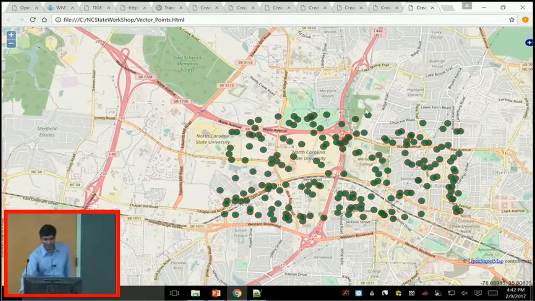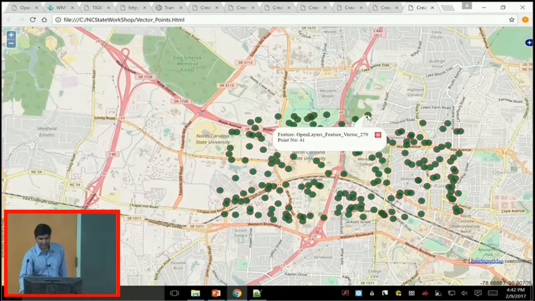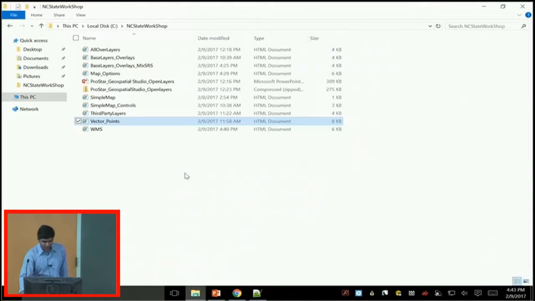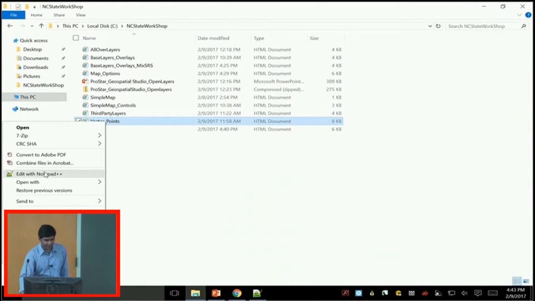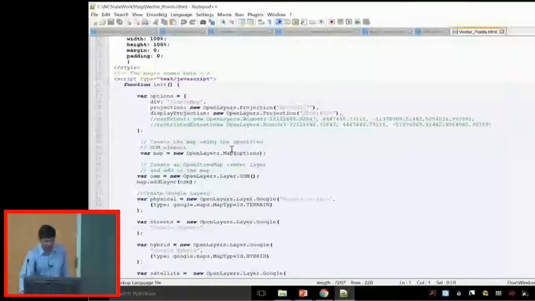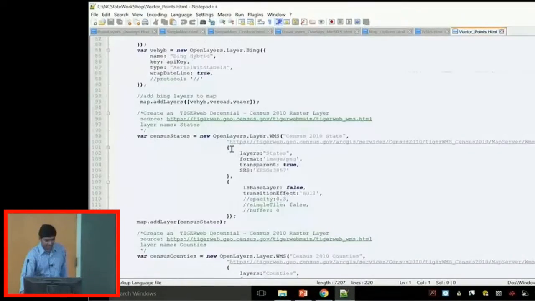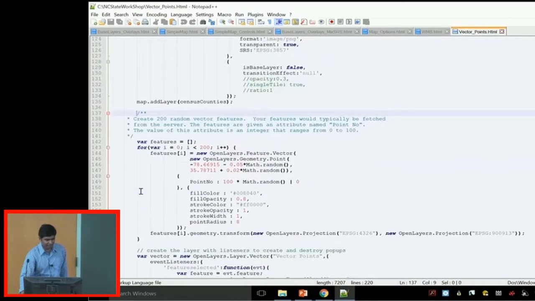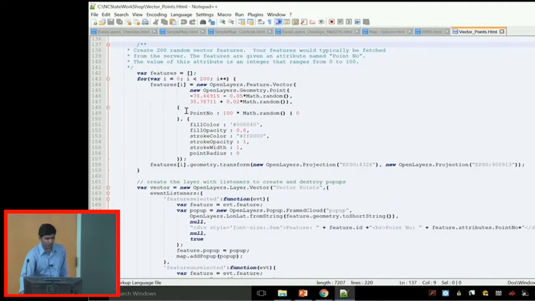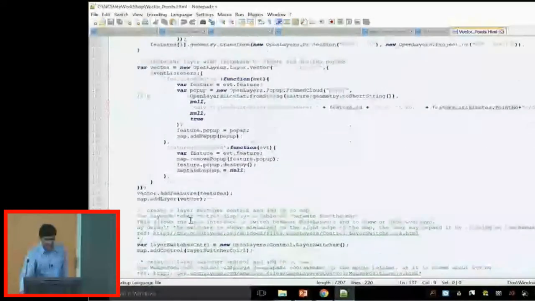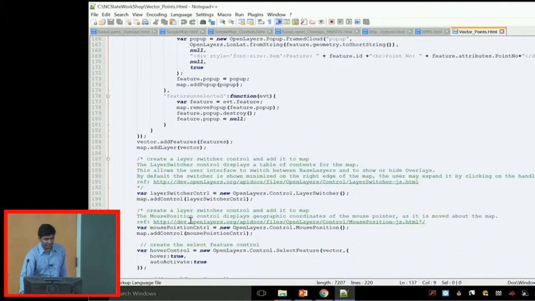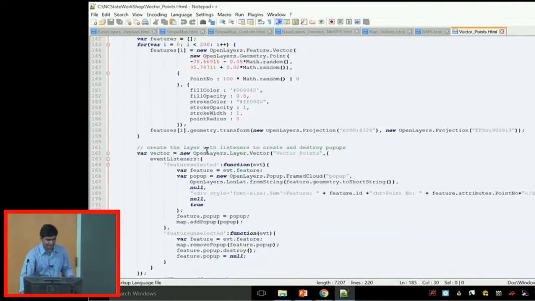But you'll see, when I move my mouse on top of it, it's showing the actual information pertaining to that map. So let's quickly go to that vector points and open the file. It's all the same information, but right from here, I added a few lines of code to make that thing happen. And finally, to add that layer,